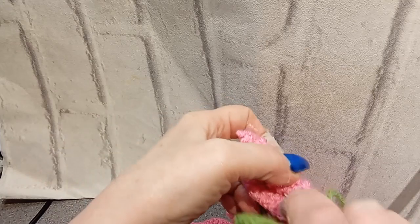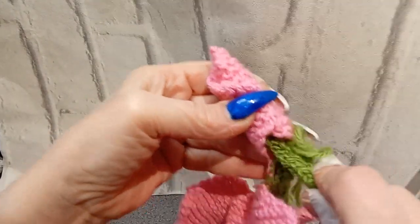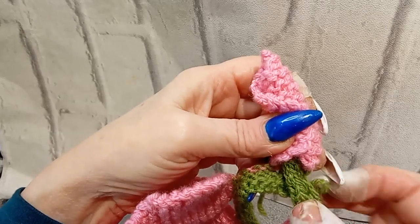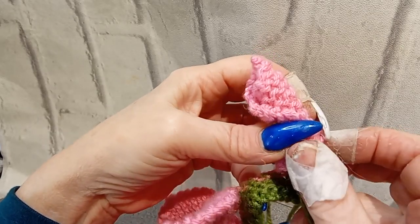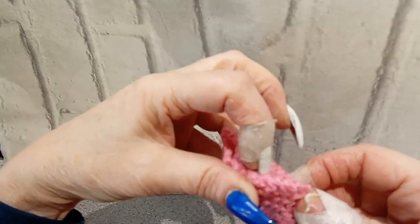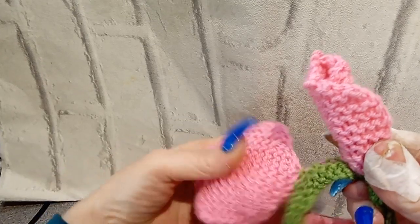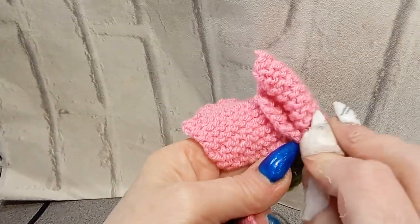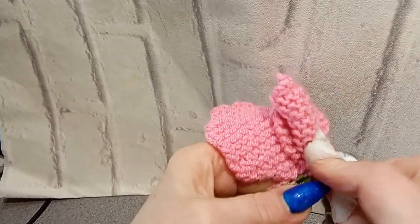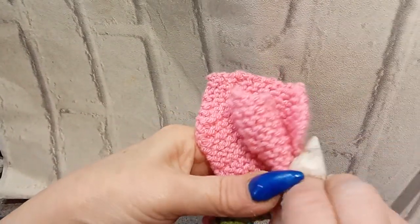I would put a couple of stitches just to keep that there. That goes in there. Put a couple of stitches to hold that in here, and you keep that tight because the centre of your roses are tight, aren't they? You're going to bring this one round. Again, stay fairly tight,